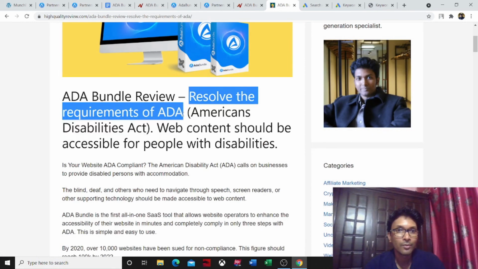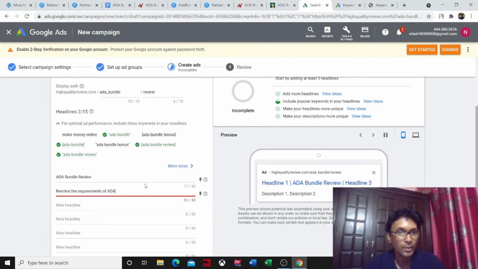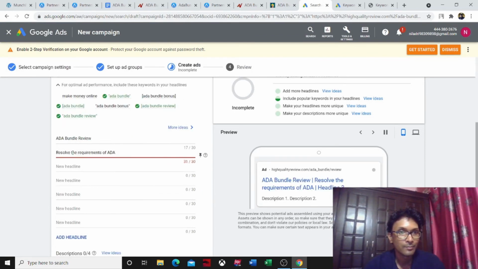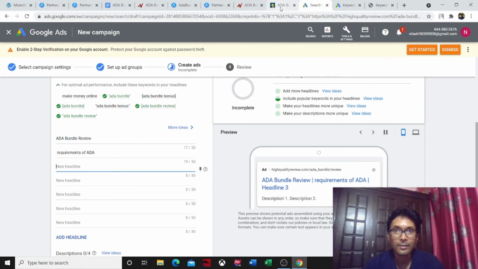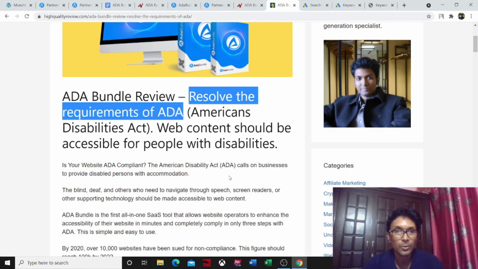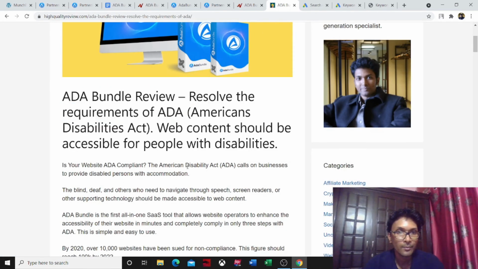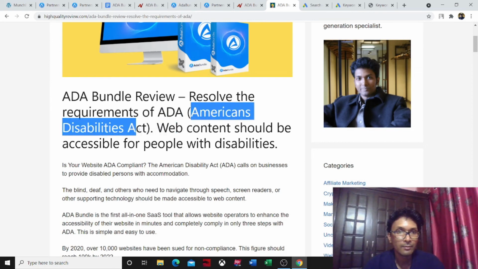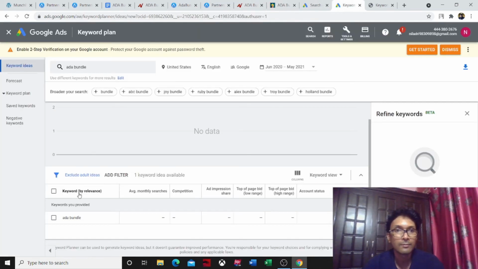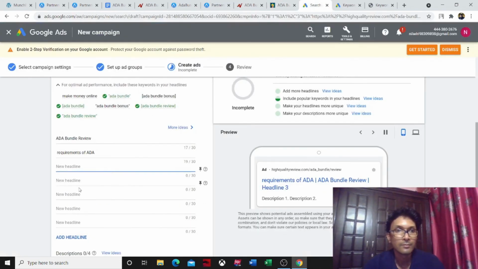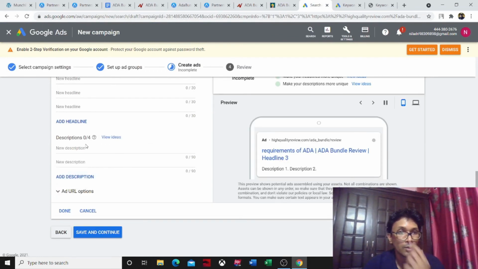All the requirements of ADA, like that. Quickly I'm just doing it. You put good keywords related to your product, definitely do some research also. American acts, like that, you put something like that here, and come to description, you put at least 2 descriptions here.